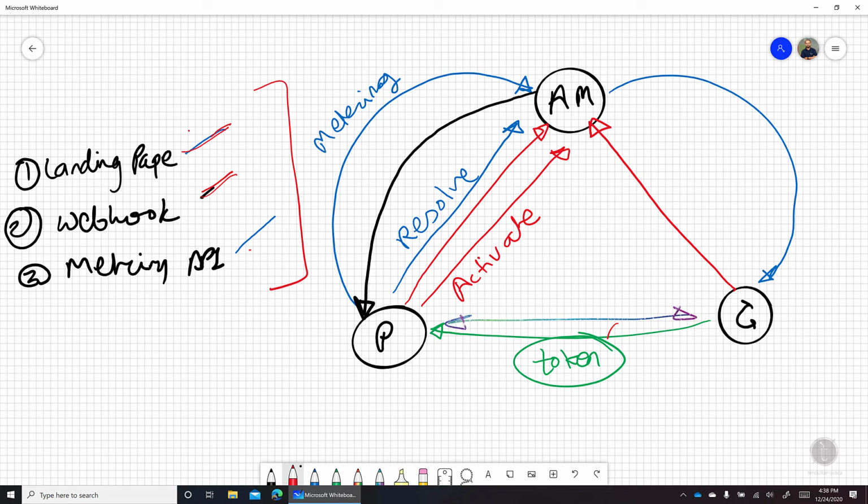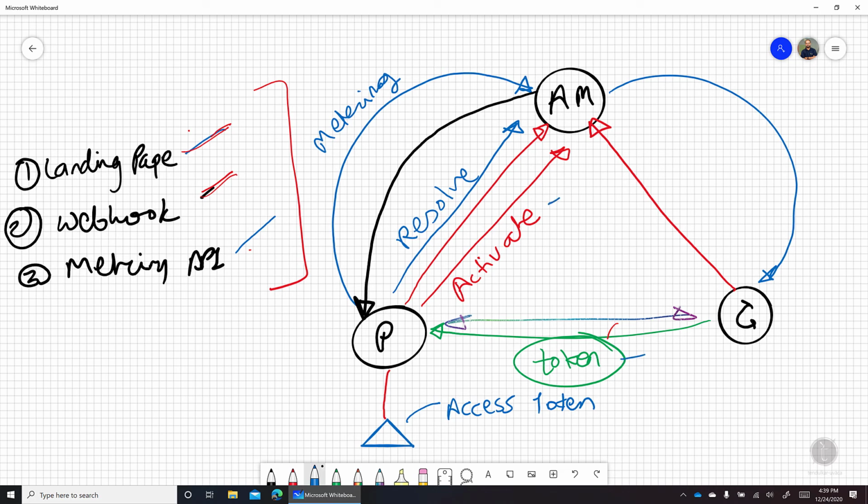Now to call these APIs, the Resolve API and the subscription activation APIs, you need to have an access token. This access token you can get by registering your application with Azure Active Directory. So you will register an application with Active Directory, and using that you will get something called an access token, and using that access token you will resolve this token, and you will also call these activate APIs.